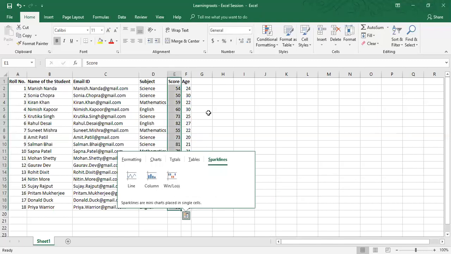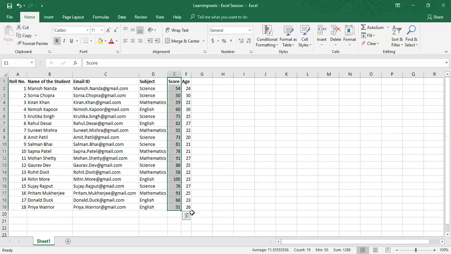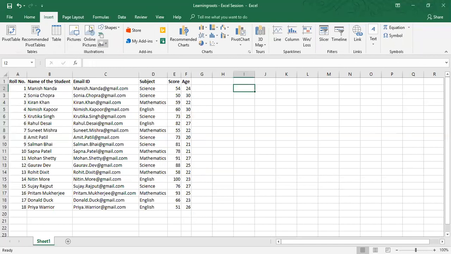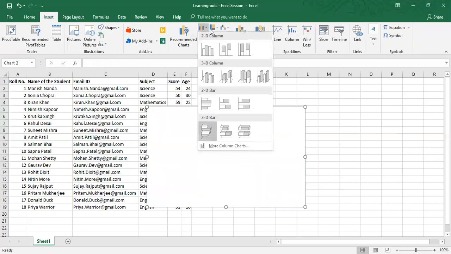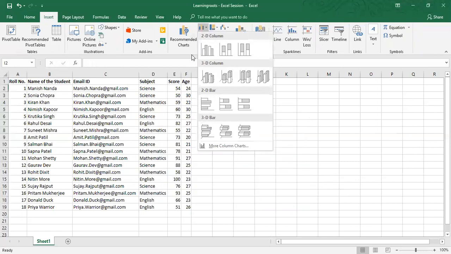Now let's say if you don't want to do that and you want to manually put a chart, you can always go to insert. In insert, you will have recommended charts or random charts. Now there are different types, so 2D column, 3D column, 2D bar, 3D bar. What is it that you want to do? So pie